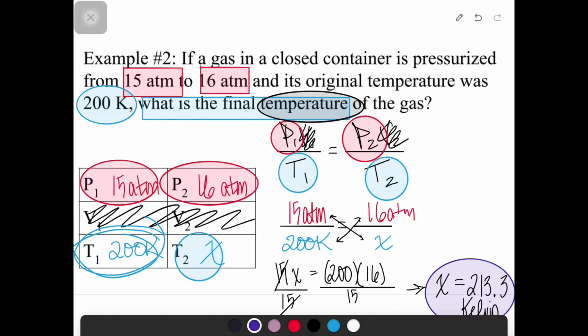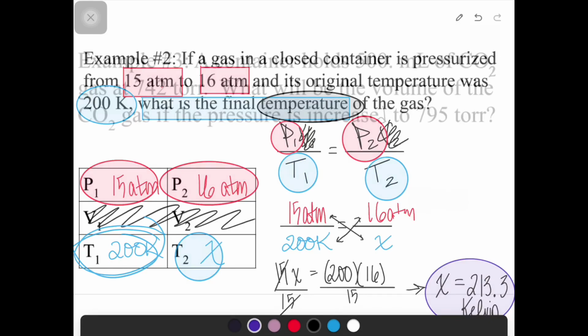All right, next up. Okay, example number